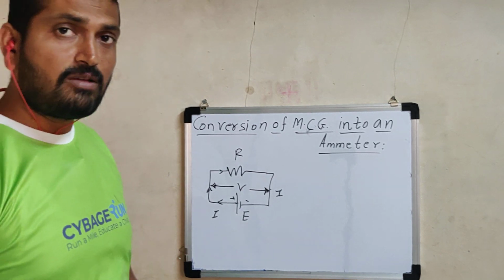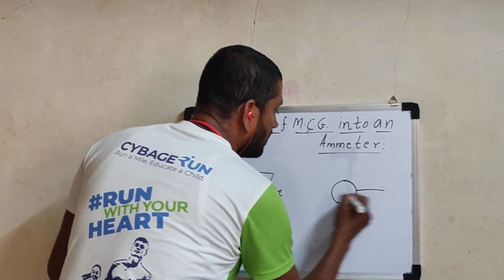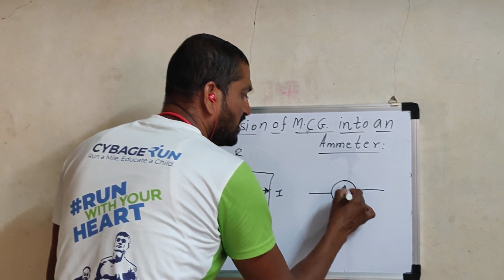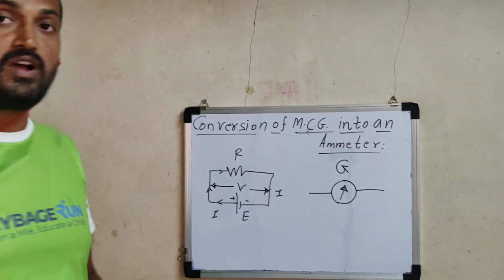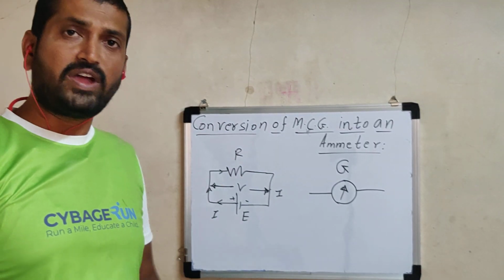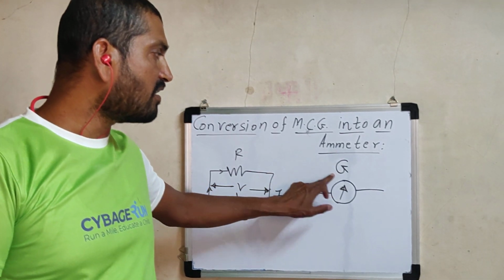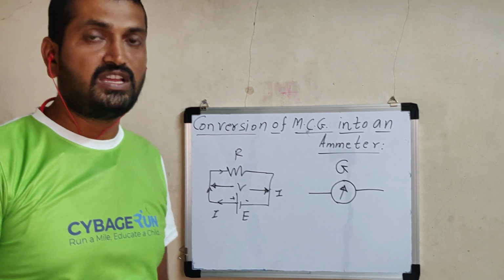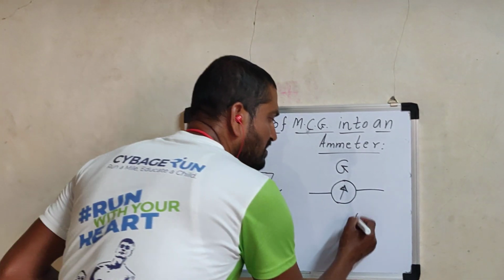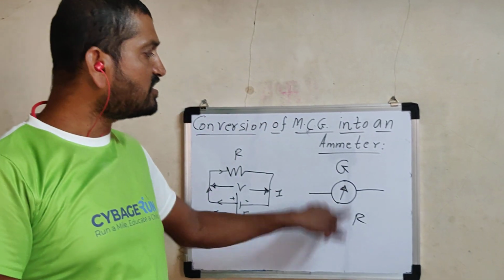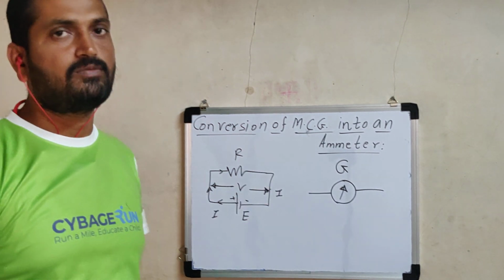Now this moving coil galvanometer is generally represented with a circle and two lines. Generally an arrow is shown for deflection, and we know that in construction it consists of a coil. Coil means wire, and wire means it has certain resistance, and that resistance is generally denoted with capital G. Always remember, for resistance we generally use the symbol R, but as it is the resistance of the galvanometer, we use the initial letter capital G.